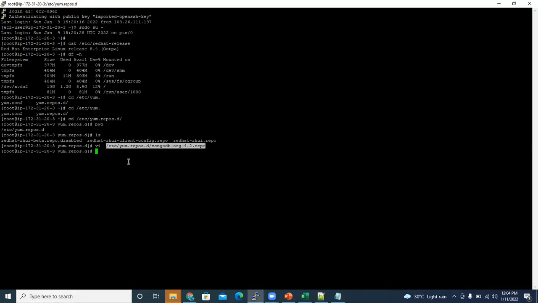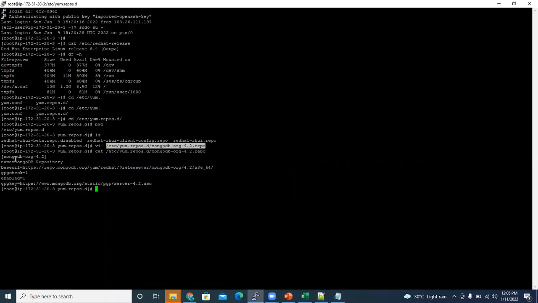And now we have created a repository, and if you want to see that, you can use the cat command. The cat command will show you the contents of that file.